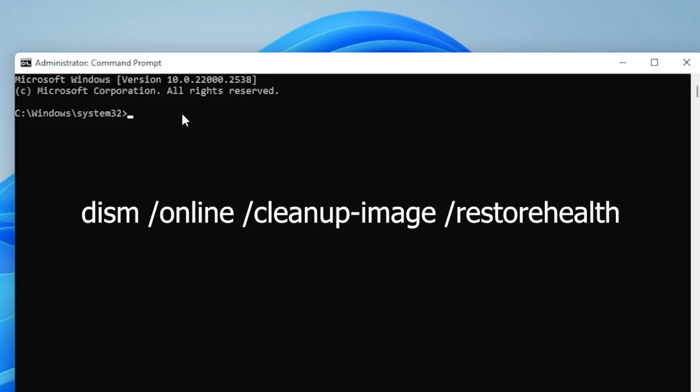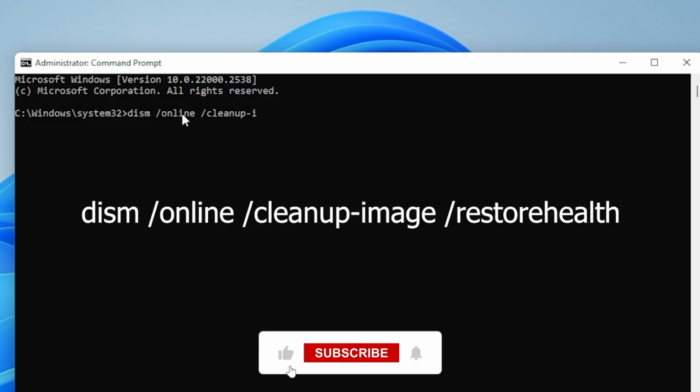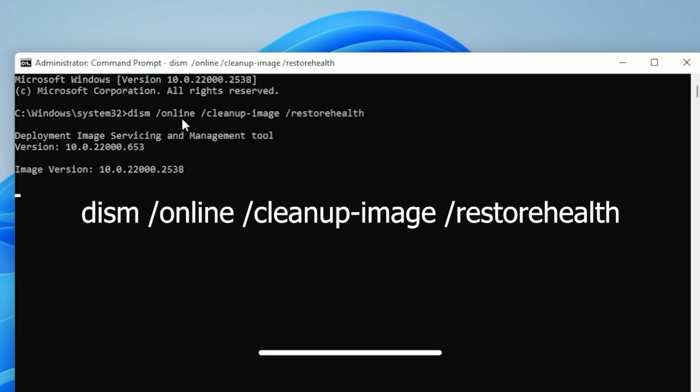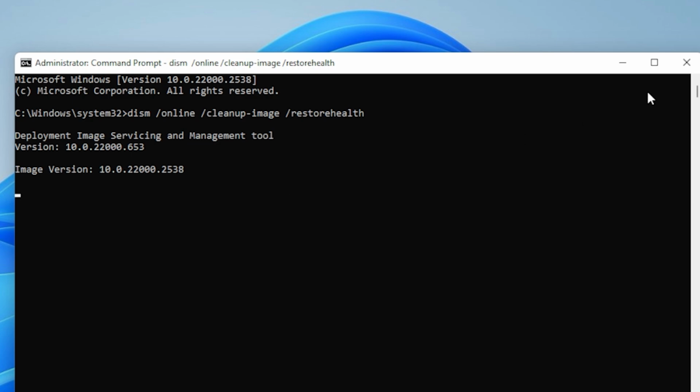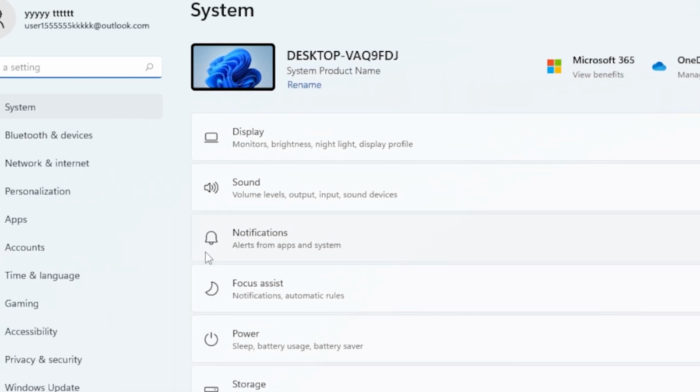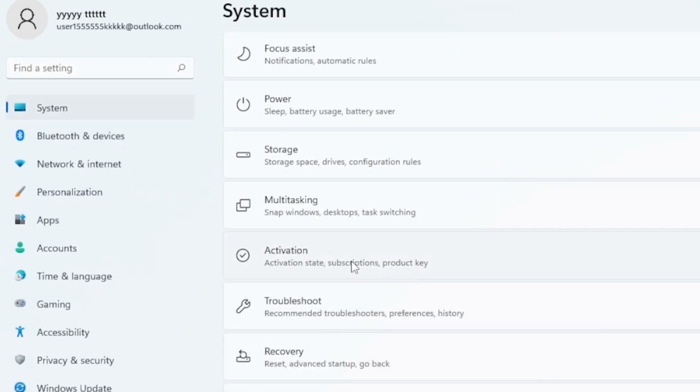Open Command Prompt as Administrator again and type DISM /online /cleanup-image /restorehealth. Then press Enter and wait for it to complete. This process can take a few minutes, but it helps fix underlying Windows image or registry issues that might block activation. When that's done, restart your computer again and go back to Settings, System, Activation to see if Windows is